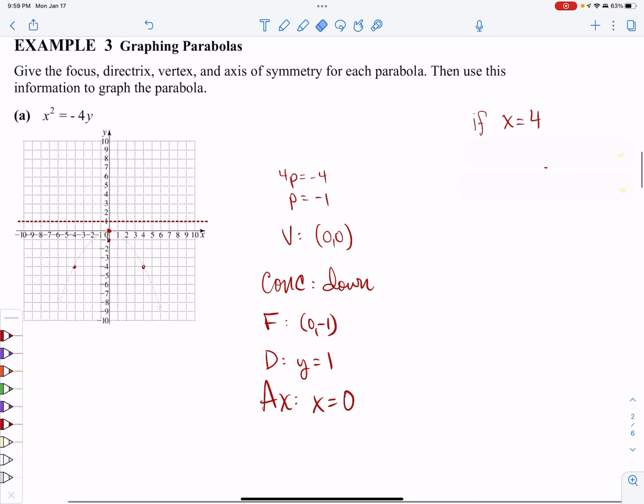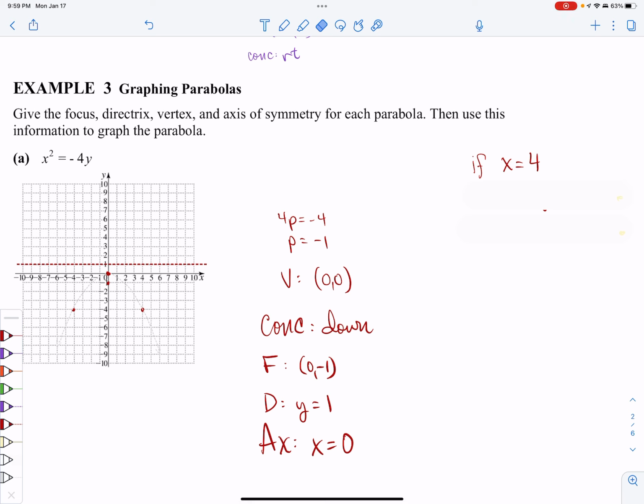Now, in order to get 2 more points to draw, and I know that you can see I've already drawn it, but I just did that as prep for this video. In order to draw my parabola, it's nice to have 1 more point that I can find a mirror image for. So what I did was I just randomly chose an x value. I could have chosen 1, 2, 3. I could have chosen anything,